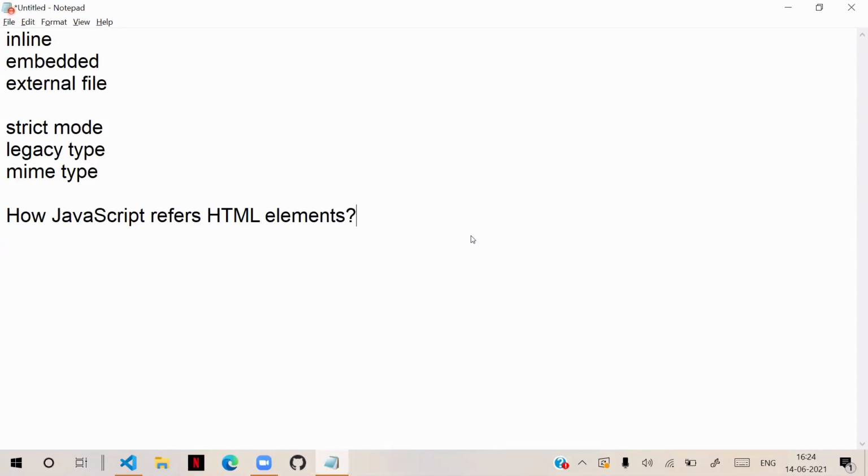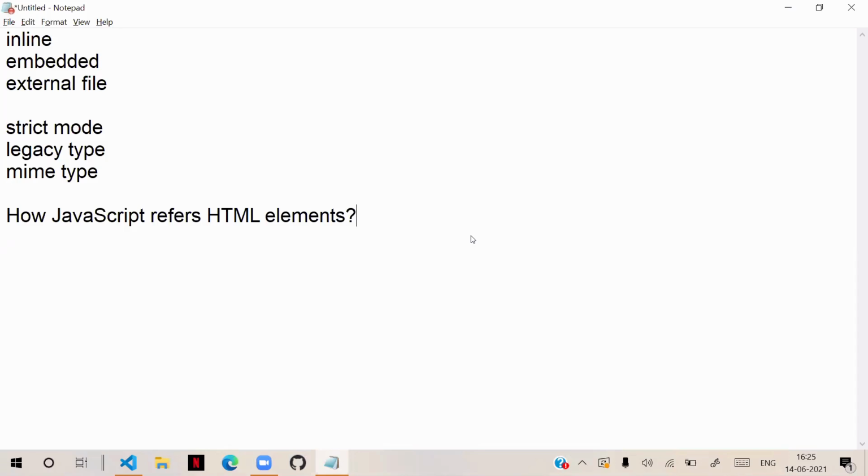Actually, the purpose of JavaScript is to take control over HTML. That is the main purpose of JavaScript. The question is how it refers to HTML to take control over it.